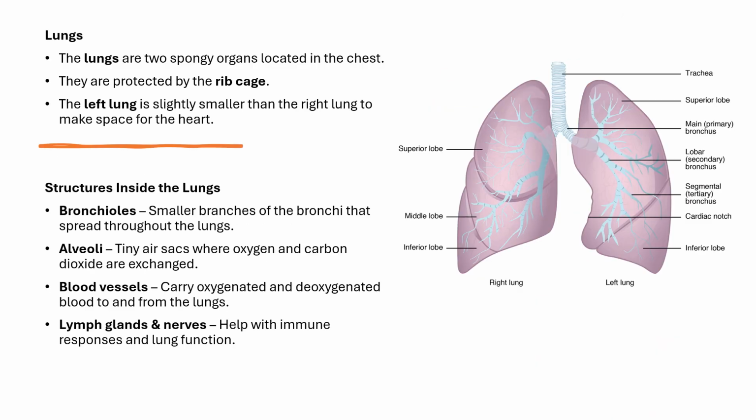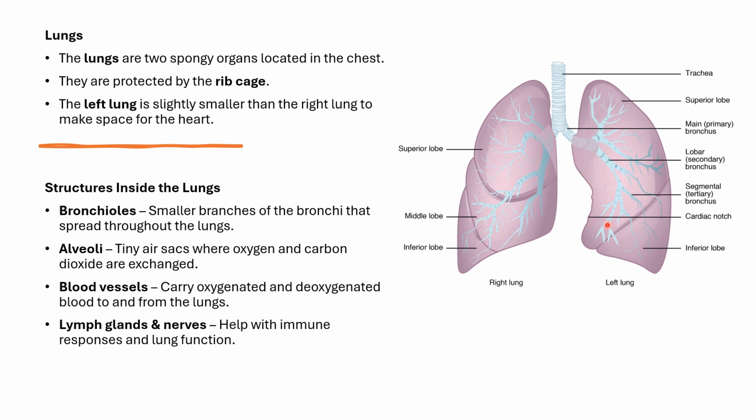Next, if we talk about the two main organs of the respiratory system, which are the lungs, the right lung and the left lung. So the lungs are two spongy organs. They are located in our chest and are protected by the rib cage. So the left lung, as you can see, is slightly smaller than the right lung to make space for the